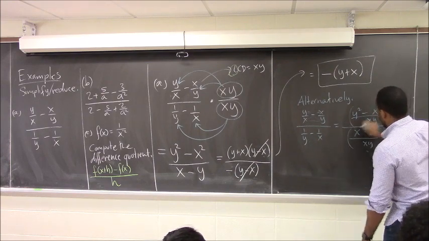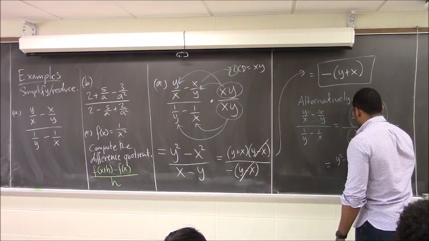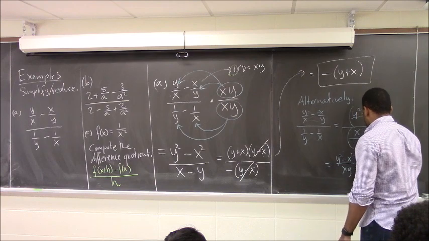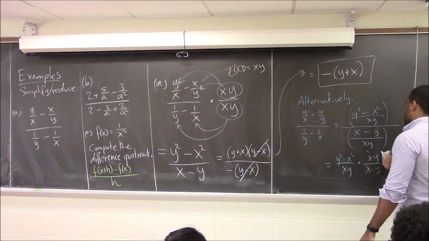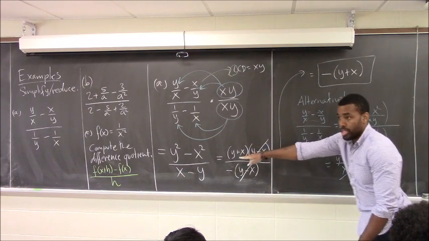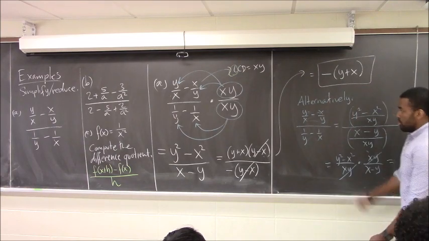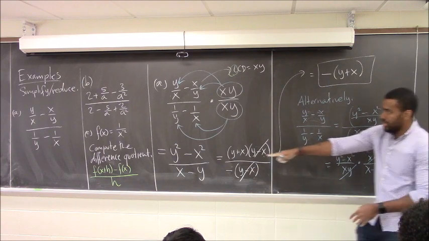So now you'd have that. So now you would have this, keep, change, flip. This would cancel, and then you'd end up in this situation, right? So you could do this, perfectly valid, perfectly legal, just notice that you will take longer to get to this point,